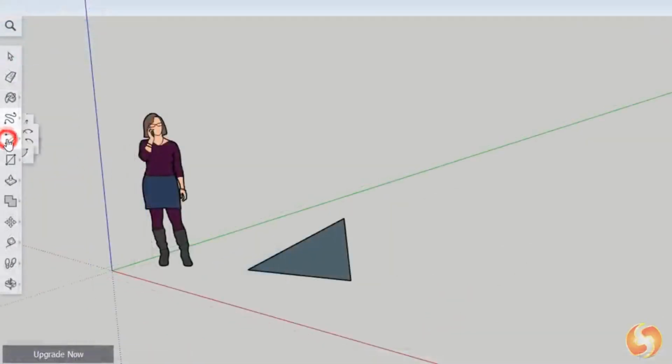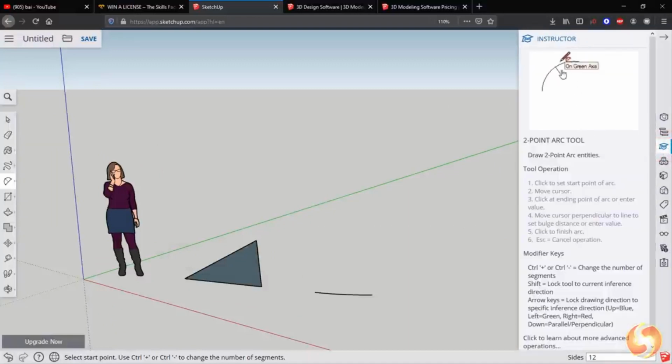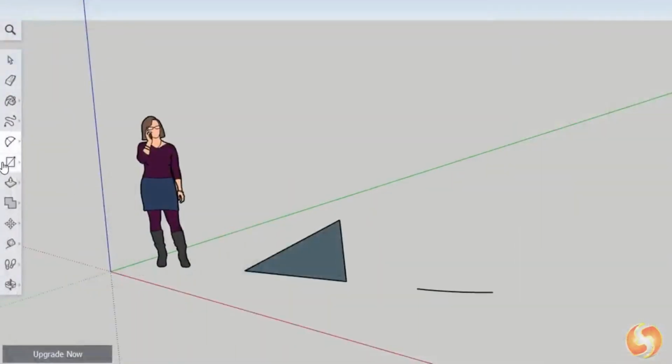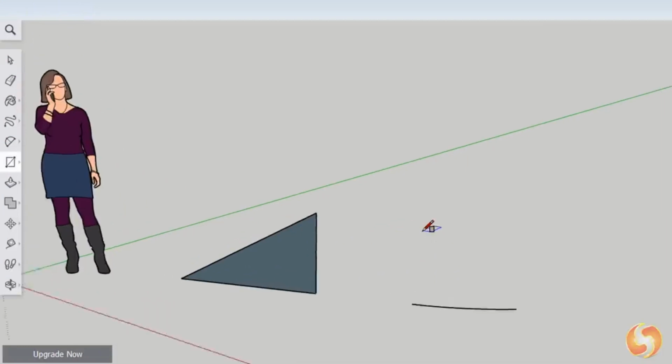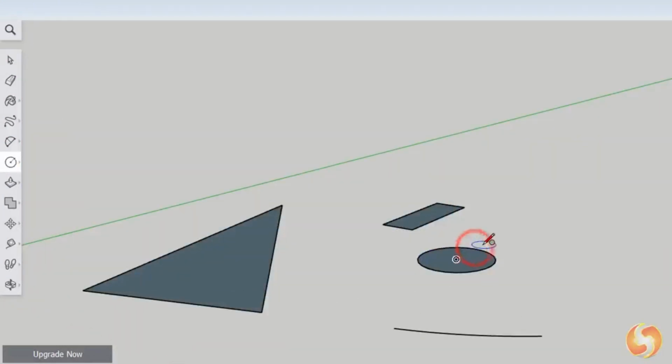Use any of the arc tools to drop arcs in different manners, depending on the kind of tool selected. Remember to open the Instructor panel to get full information and tips on how to use the current tool. With the rectangle, the circle, and the polygon tools, you can create regular shapes by fixing 2 points on the preview. Being closed shapes, these get internal filling by default.